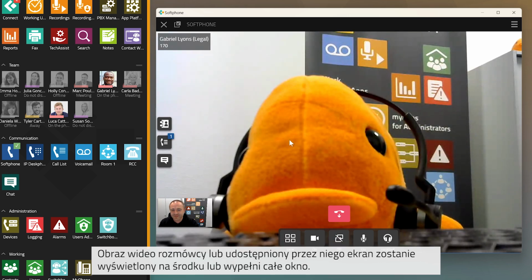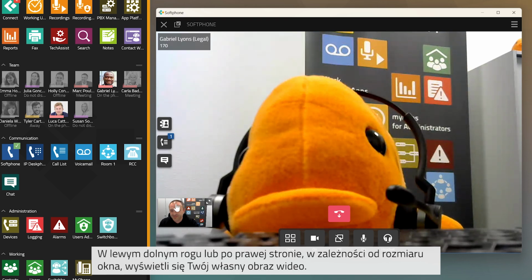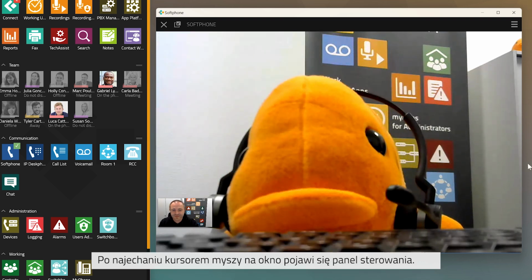The video image of the person you are speaking to or the shared screen will be displayed in the center of the window or in the full window image. Depending on the size of the window, you will see your own video image either at the bottom left or on the right-hand side. When you hover across the window with the cursor of your mouse, all control panels will